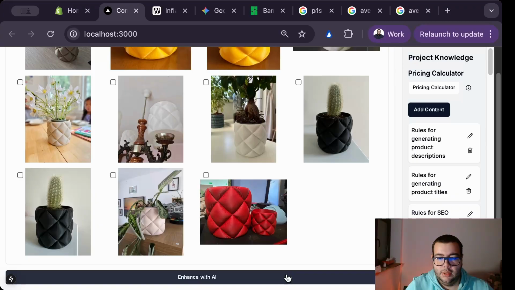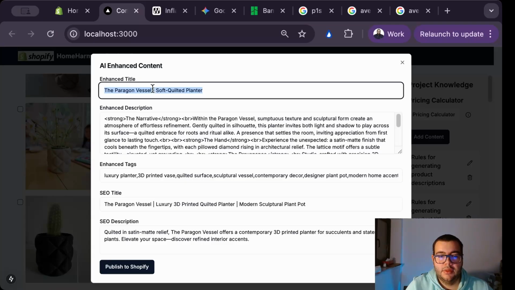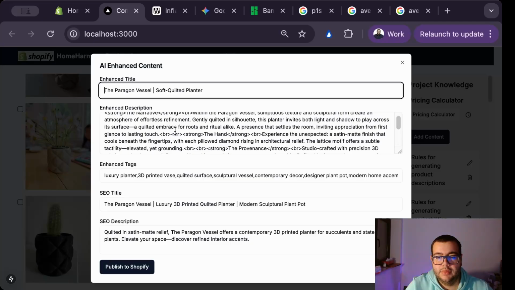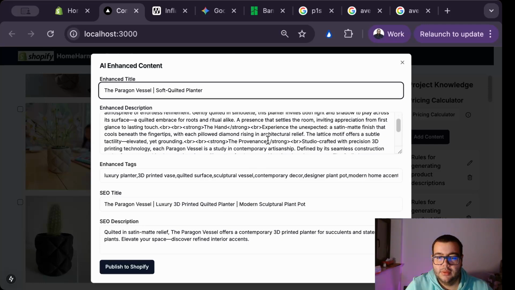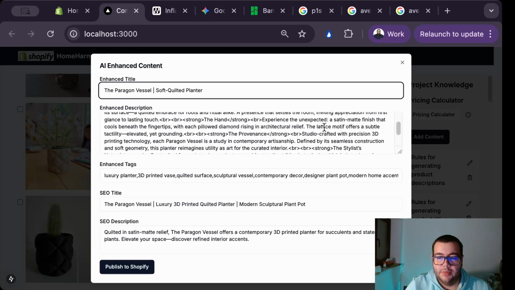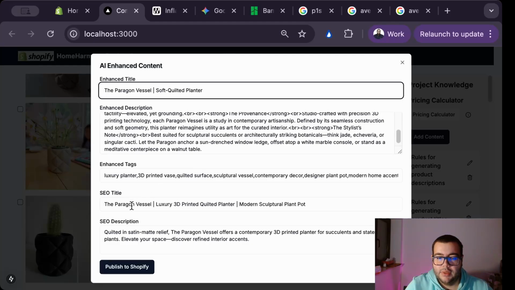Okay, this button here, which is called Enhance with AI. Alright, so we see here that it generated a title, it gave it a name, so that's according to our guidelines. It has a narrative. It generated some tags, so it also talked about the matte finish. It generated an SEO title. You can see that it's more practical, right? So it's not only the selling point, it's a 3D printed planter, it's modern, it's sculptural, and